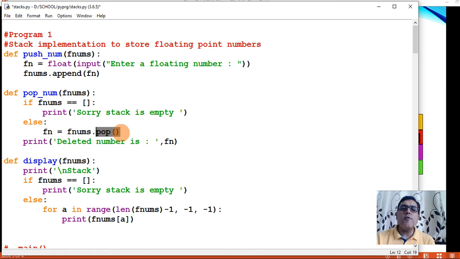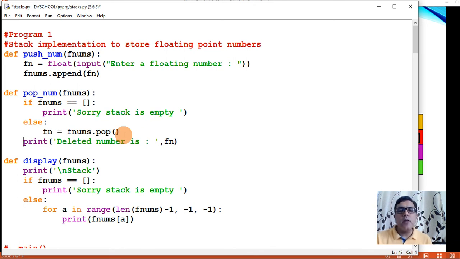Now the pop method of list, if you recall, deletes the last element from the list. So insertion is done at the last of the list and deletion is also done at the last of the list. That way you are implementing a stack using list. Then you will display, deleted number is fn.